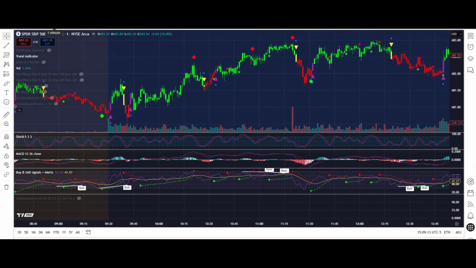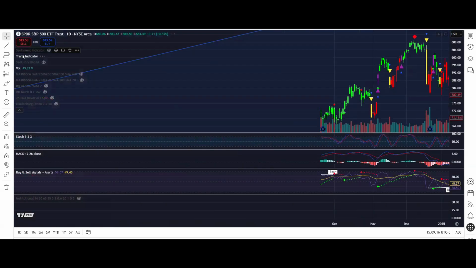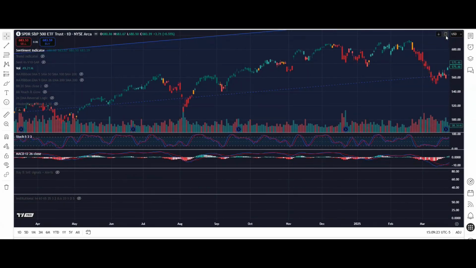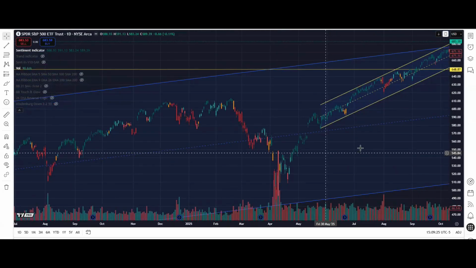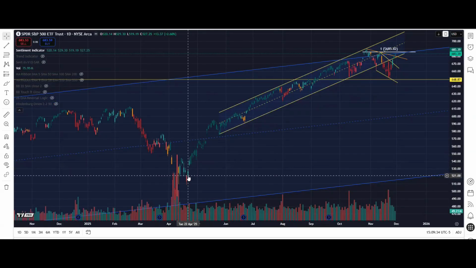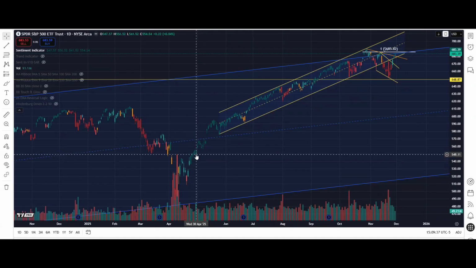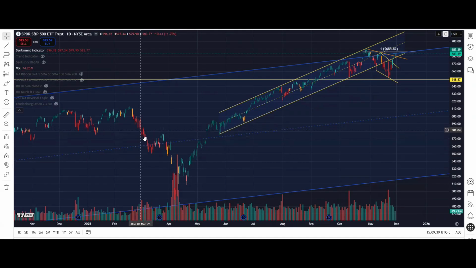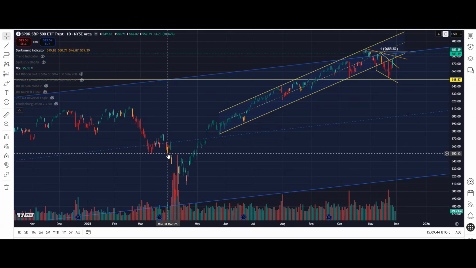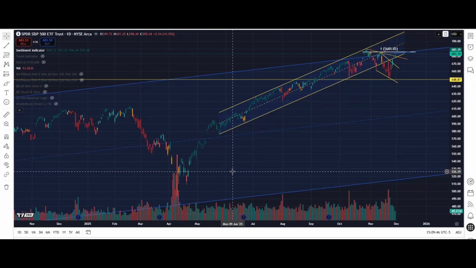So next up, what we're going to go to now is our sentiment. Let me turn this one off. Okay, so sentiment is going to be printing different candle colors. So essentially what we have is, green is for buying, light green is for buying, dark green is for heavy buying, and then same for sell. Dark red is for heavy sell, light red is just selling, and then the orange is just essentially neutral, so